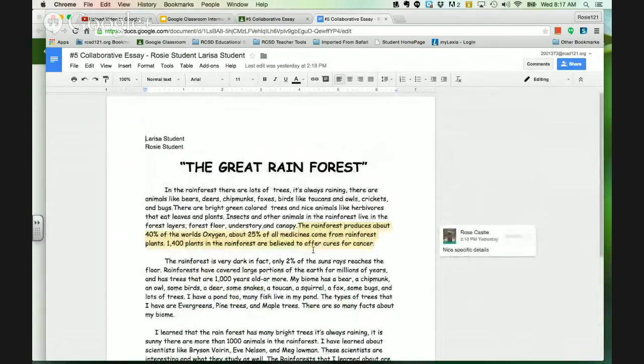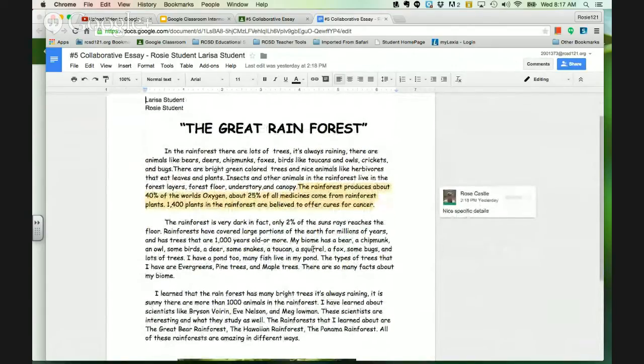we see a lot of great work. But what's also here, another feature that you will be working on in the online portion of the class is, as the teacher, I've already gone in here, looked at this earlier, I highlighted a portion, I gave my students some comments that, hey, this was a very nice specific details, and that was done by going up to comments or using the comment feature on your toolbar, okay? And so me as a teacher, right now, I just want to give them some feedback other than the comments, okay? So I want to close this tab,